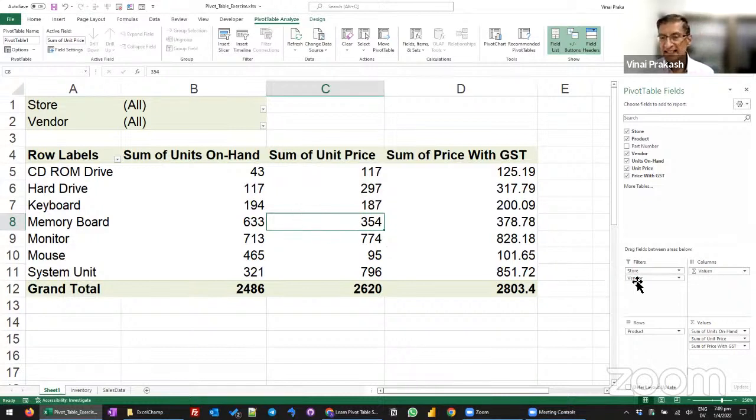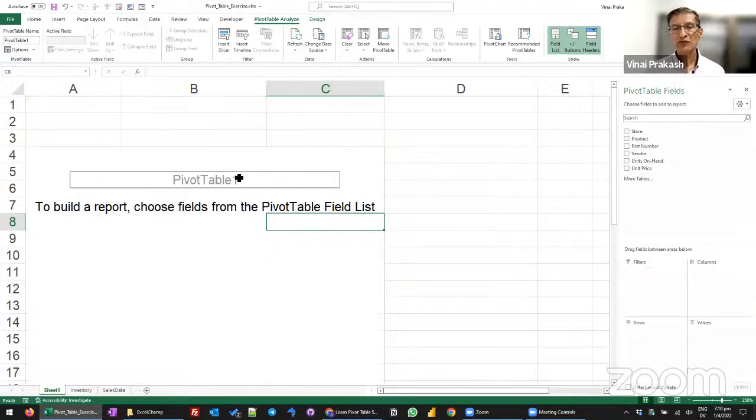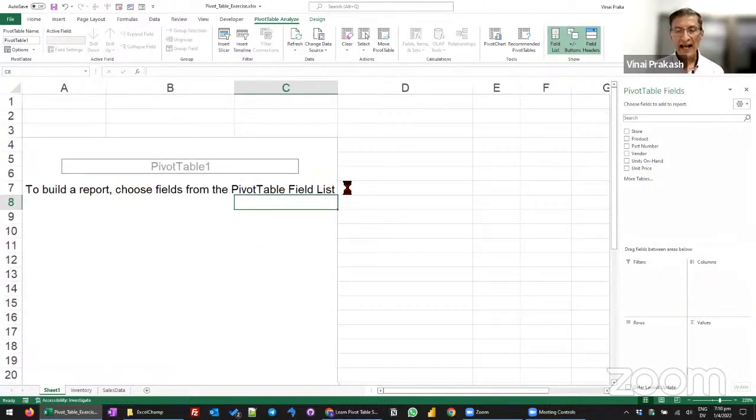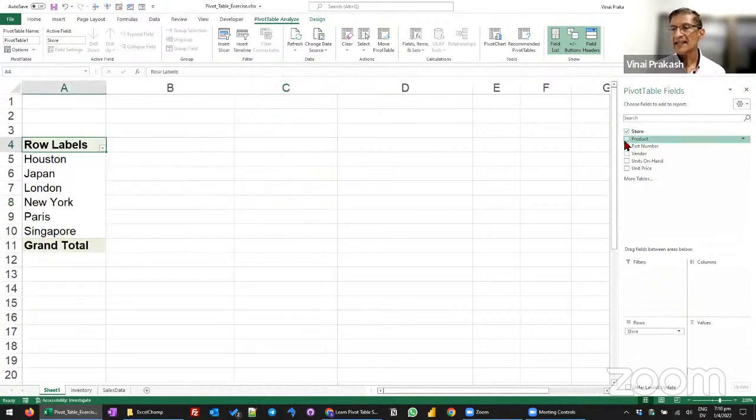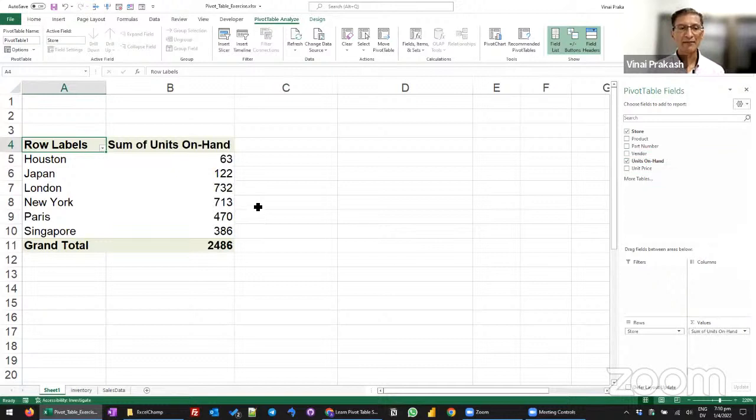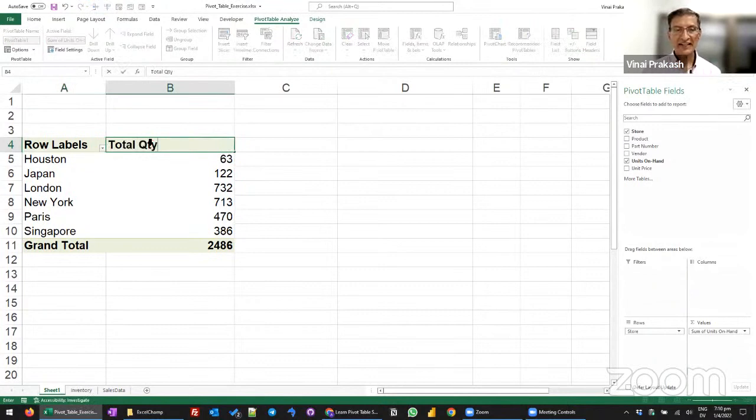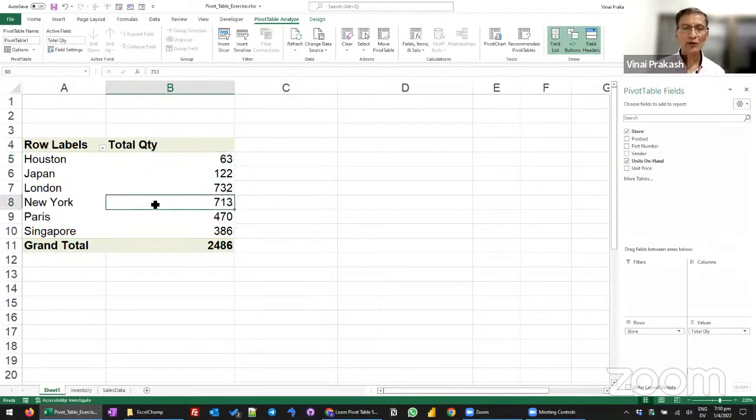So for this, I am going to rearrange my pivot table. So let us clear it, clear all. This is a sure way to clear everything. And now I'll only choose the store and the quantity on hand. That's it. So we have our store and the quantity on hand. As we discussed, we can change the headings and it looks nice. The only thing is